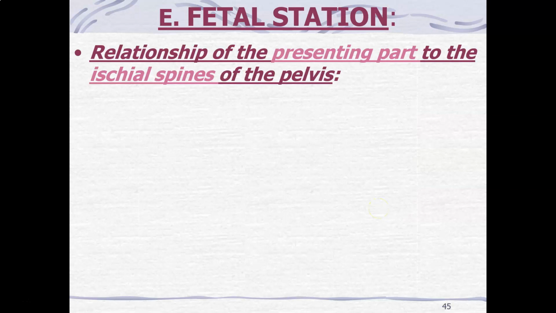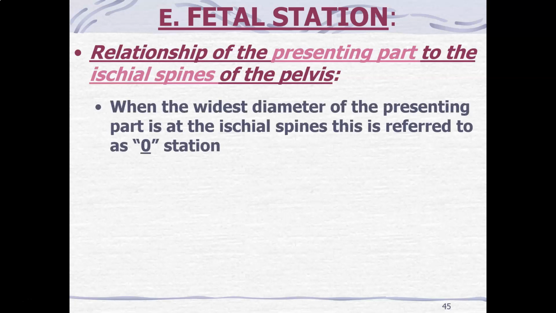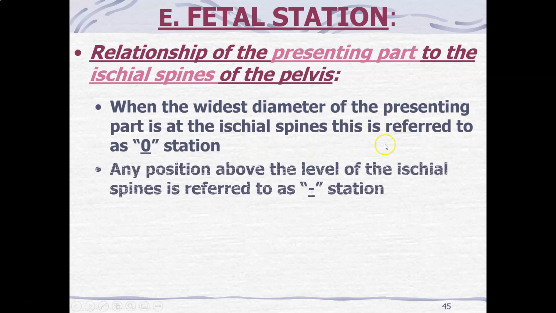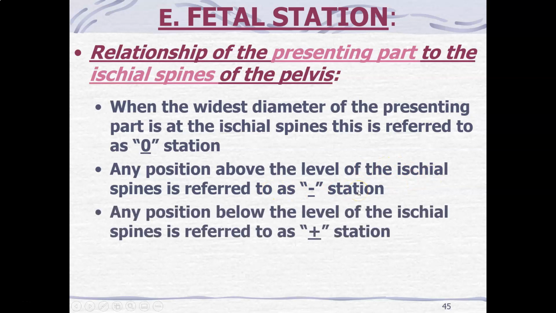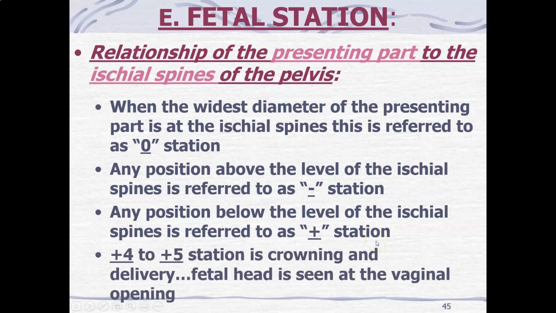All right, then we have fetal station. This is the relationship of the presenting part to the ischial spines of the pelvis, which we talked about at the very first. When the widest diameter of the presenting part is at the ischial spine, it is referred to as zero station. Any position above the level of the ischial spine is a negative station because we're further away from delivery. Any position below the level of the ischial spine is a positive station. We're getting closer to delivery. +4 to +5 station means the baby is crowning and delivery is imminent,